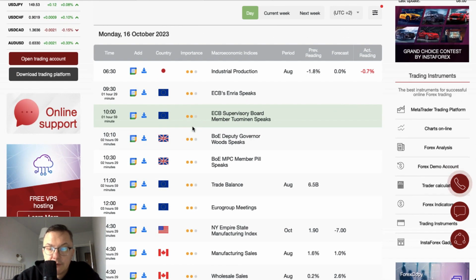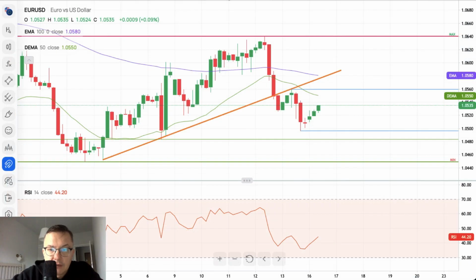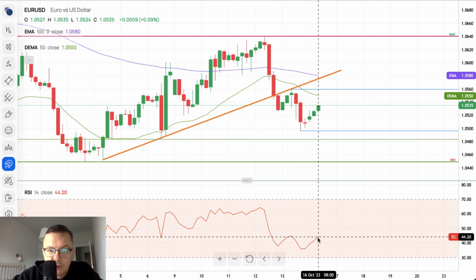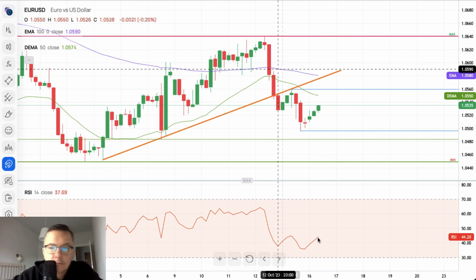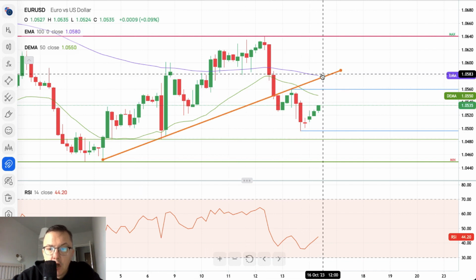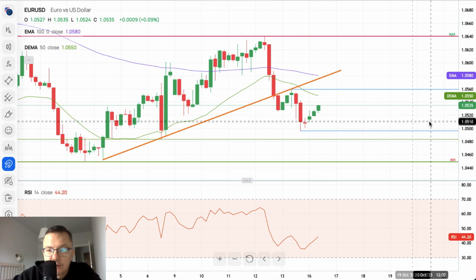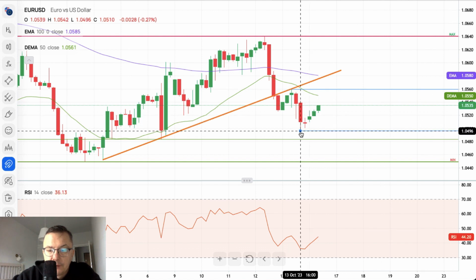So we will start with euro dollar. The 4-hour chart of the euro dollar is still looking bearish, and the momentum is still negative and quite weak, only 44 points on the 4-hour time frame chart. The market still trades below 50 and 100 periods moving average, below the local short-term trend line resistance right now, and the range for the London session is located between